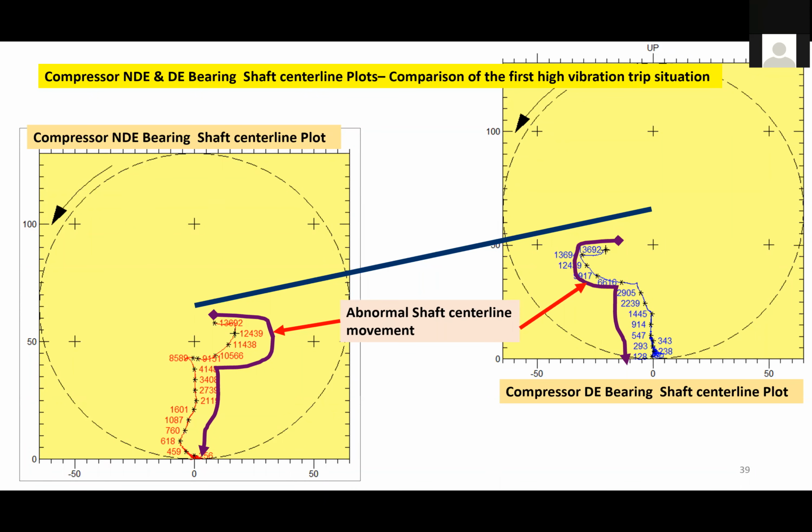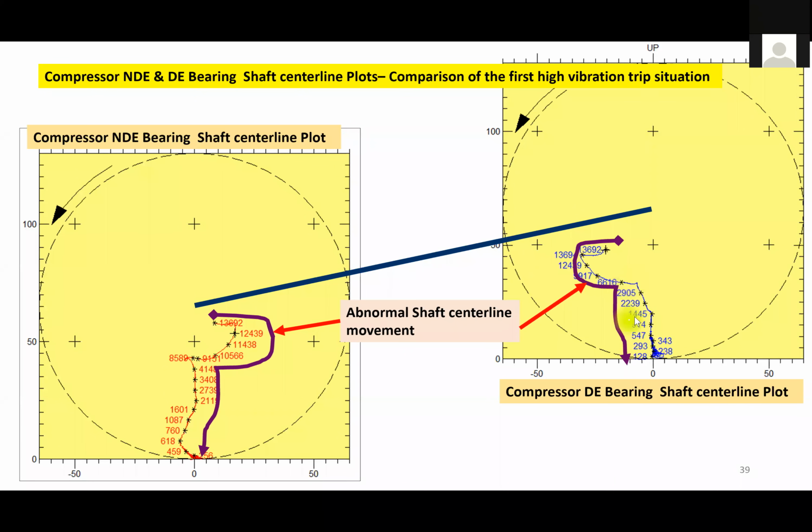So they are trying to move in the opposite direction for some time, and then after a certain speed, for example around 3000 to 6000 RPM, they started coasting down the normal way. These are tilting pad bearings. So when you have tilting pad bearings, the shaft center line is expected to move in the